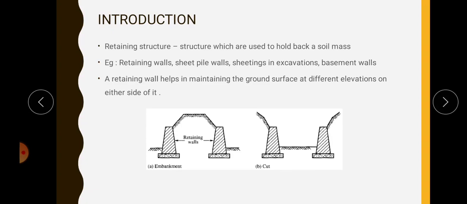Consequently, the soil is retained at a slope steeper than it can sustain by virtue of its shearing strength. This portion of the soil can sustain its elevation by its shearing strength. And it will exert a force on the retaining wall. The soil mass retained by the retaining wall exerts a force on the retaining wall, and this force is known as earth pressure. That is, the force exerted by the soil mass on the retaining wall is known as earth pressure.